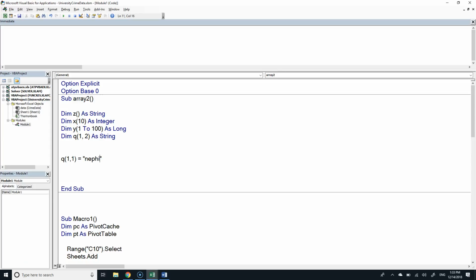Yep. The 0, 2 is making your life harder, basically. This would be crazy, to declare an array with the first dimension as 0, because this gives you exactly the same number of variables as a 1-dimension array does. All it means is that every time you refer to it, you've got to start off by saying 0, comma. Yeah, it's legal syntax, but there's no good reason to do that.